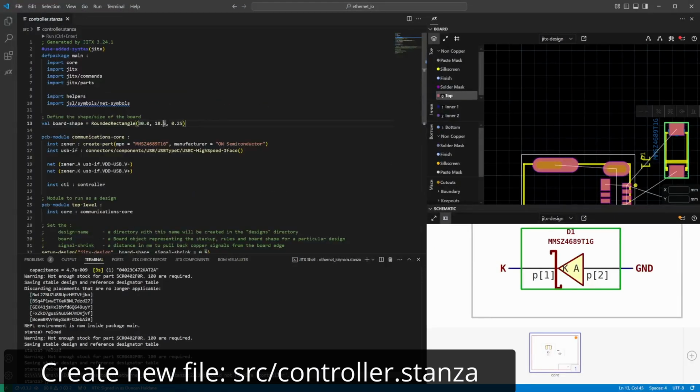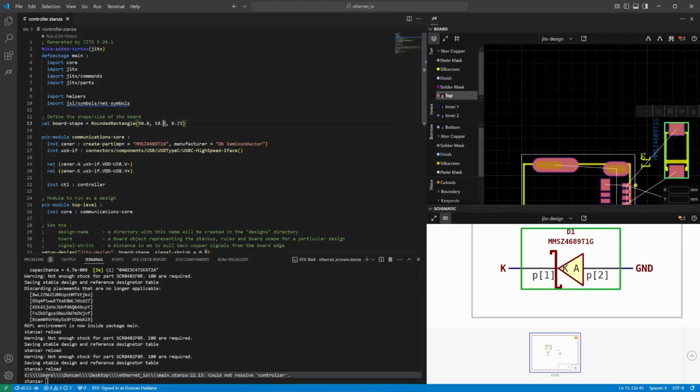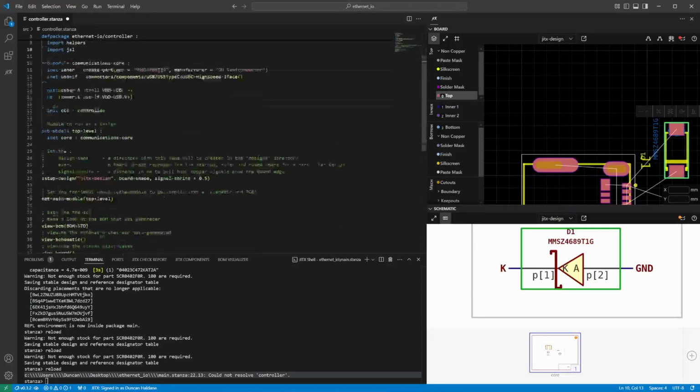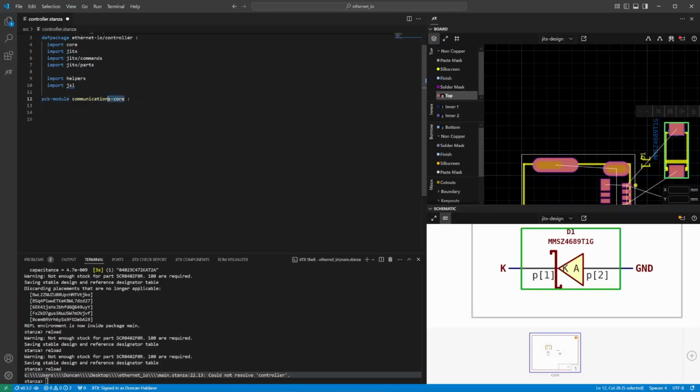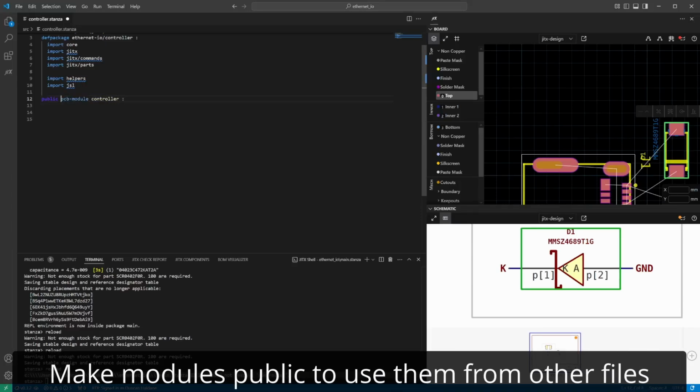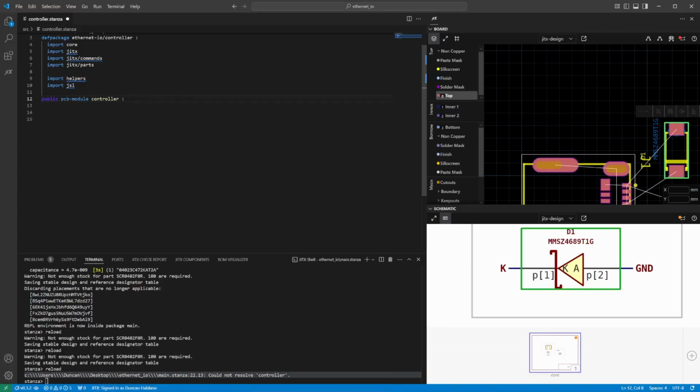JITX finds code by looking for packages in files. So we're going to rename this package EthernetIO/controller, and we will say, going to import all of JSL. We'll clear out all of the other code that we're not going to use. Rename this PCB module to be controller and make it public so that other files can reference this controller. Now, it can't be blank, so let's give it a name